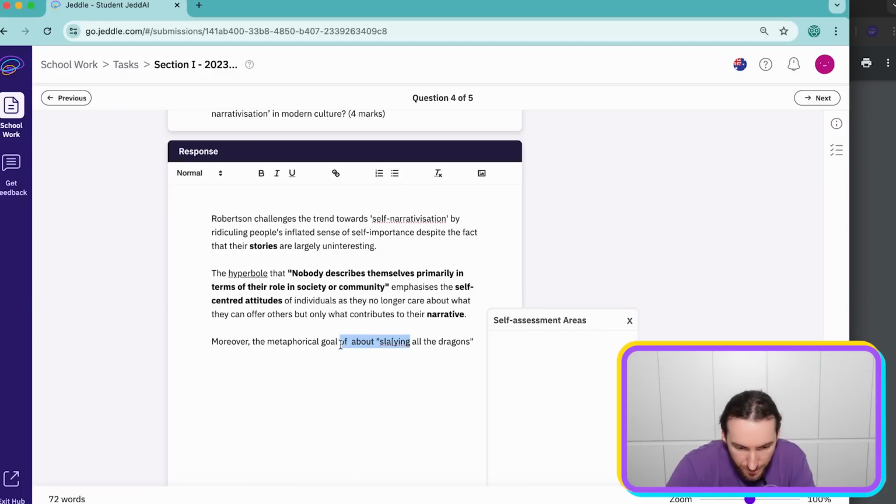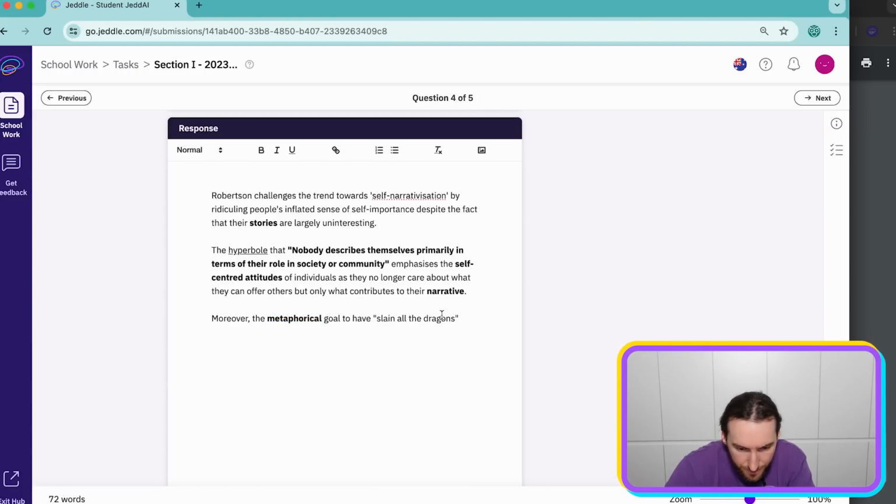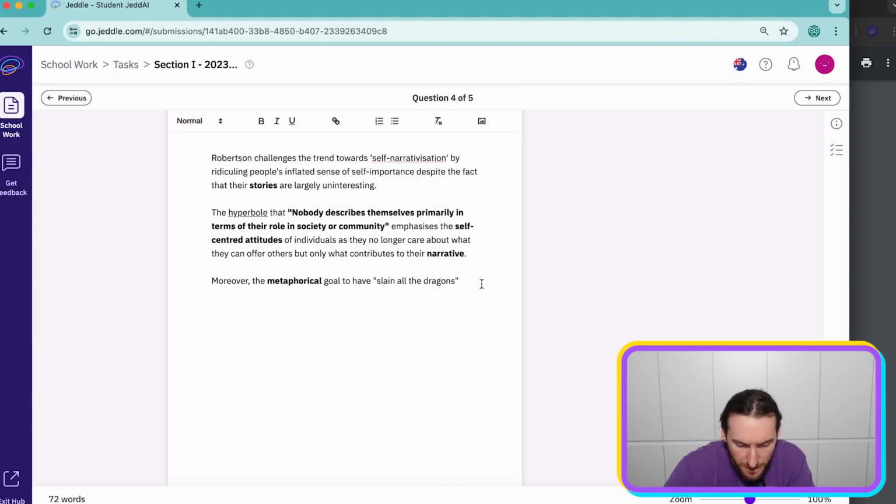Maybe I'll say the metaphorical goal to have slain all the dragons, and metaphorical is our technique. What does that say? Okay, let's add in a verb now. So metaphorical goal to have slain all the dragons